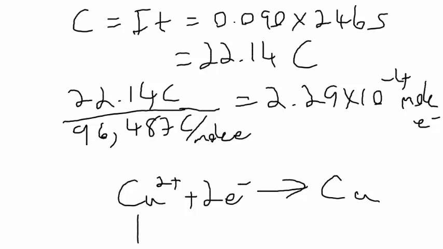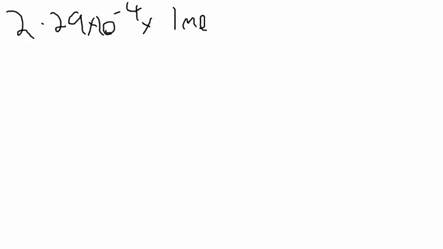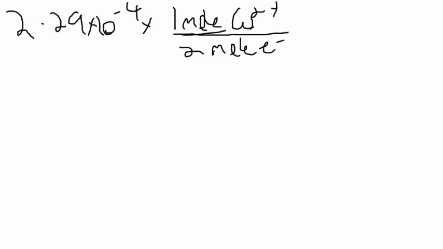And this basically tells us that there's a 1 to 2 mole ratio. So the ratio of copper ions to electrons is 1 to 2. We need the moles of copper, so we take the moles of electrons, which is 2.29 times 10 to the minus 4, and we use the ratio of 1 to 2. So there's 1 mole of copper 2+ for every 2 moles of electrons. So we're essentially dividing by 2. We get 1.15 times 10 to the minus 4